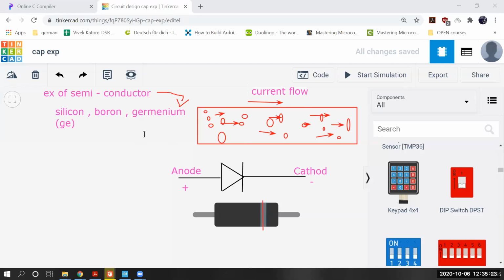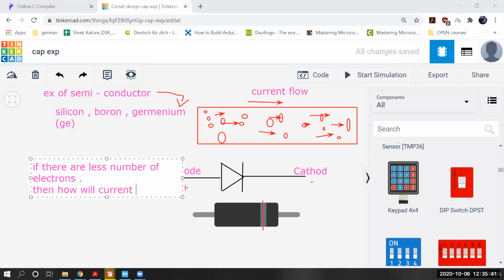But suppose there are fewer electrons. Then how will current flow? This is the question we have. If there are fewer electrons, then how will current flow? Can you guess?